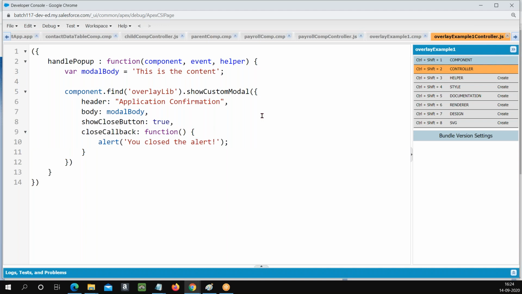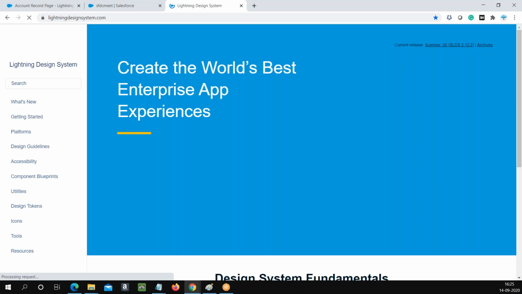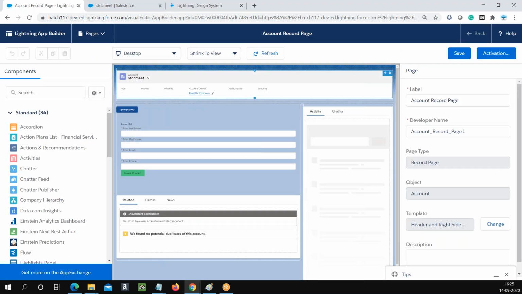So right now it's going to display the model with the models class in Lightning Design System. If you take the Lightning Design System, there is an inbuilt helper class called models. From there, the Lightning overlay pop-up, custom model pop-up look and feel will be derived. Okay, so that's what you are going to see here in your Lightning experience also. The similar style you will find in your